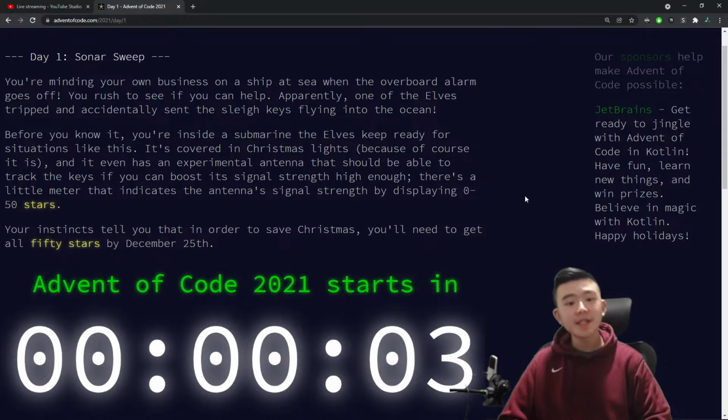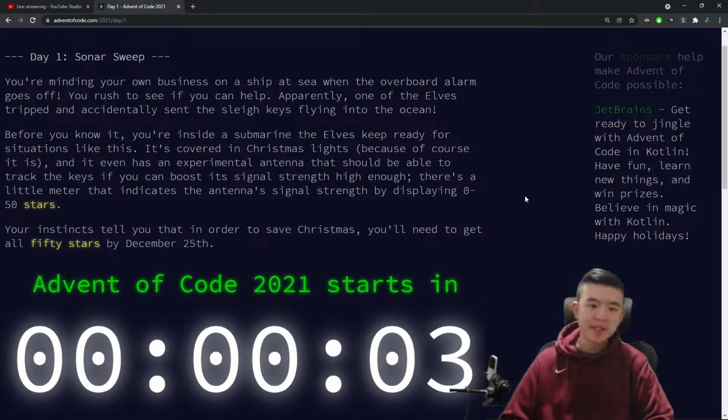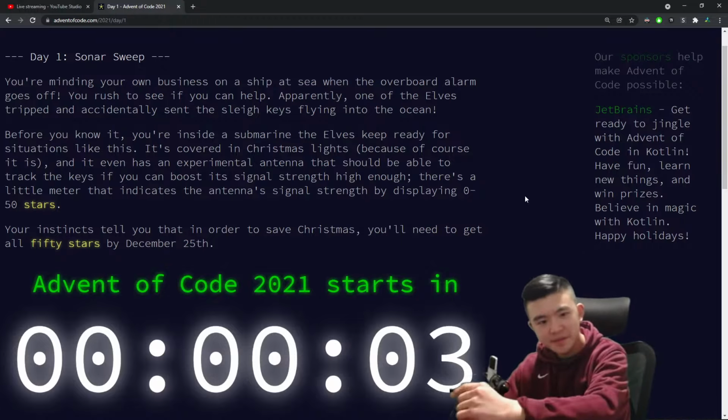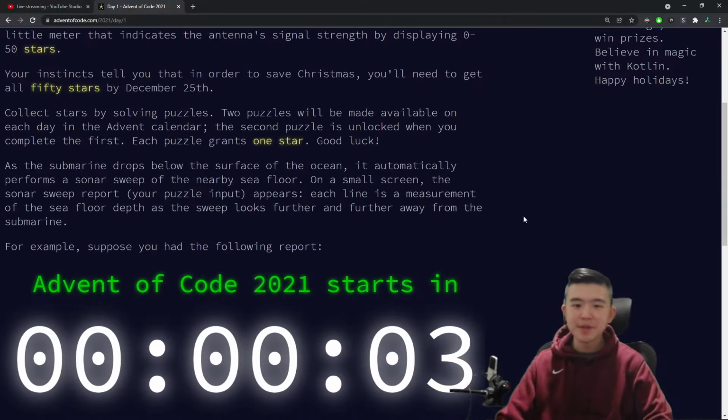Your instincts tell you that in order to save Christmas, you'll need to get all 50 stars by December 25th. Collect stars by solving puzzles. 2 puzzles will be made available each day on the Advent calendar. The second puzzle is unlocked when you complete the first. Each puzzle grants 1 star. Good luck. As the submarine drops below the surface of the ocean, it automatically performs a sonar sweep of the